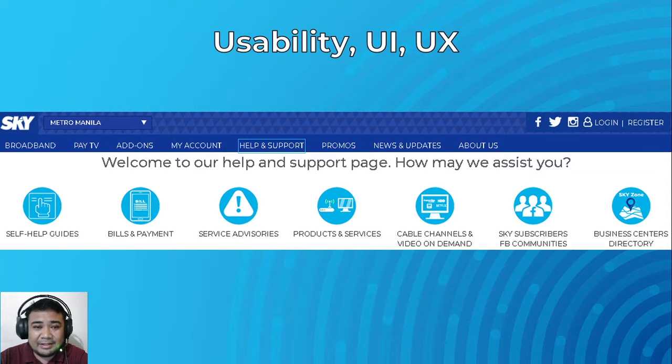On this slide, ilan lamang ito doon sa example na makikita nyo doon sa help and support. Pagmasdan maigi. Self-help guides, bills and payment, service advisories, product and services, cable channel and video on demand, Sky subscriber, FB communities, business centers and directory. Ito ay under sa help and support.